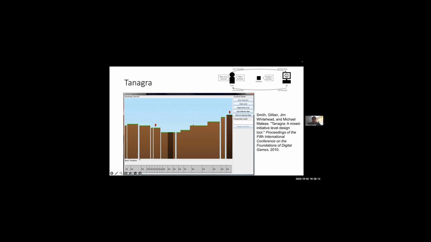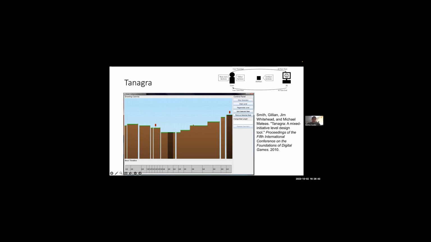So the human user only gets to change this thing down here called the beat timeline, which is basically some notion of pacing through the level that you get to alter. And that's basically it. Obviously, you can do non-turn actions, but when the AI gets started, you start the generator up here, it creates the level, and that's it. Then the human user could go back and update the beat timeline, and the AI would change the level, et cetera, et cetera.